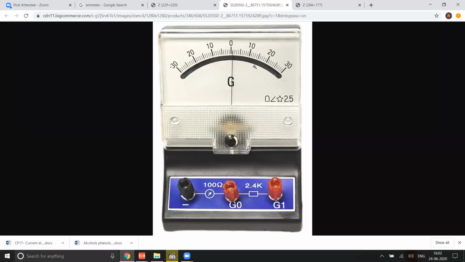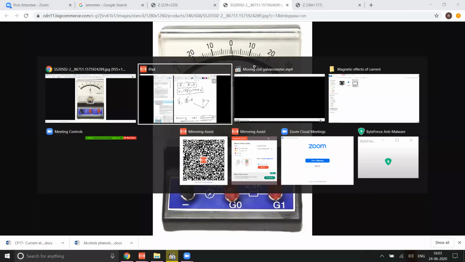So 20 is the number of divisions. As I told you, this is a sensitive device. This has certain important parameters associated with it, which are important from your lab perspective also. So listen to it carefully. If there is any doubt, immediately get it clarified. I hope it is clear till this step. Is there any doubt till here? Awesome. All right.